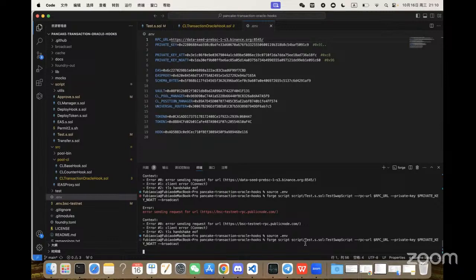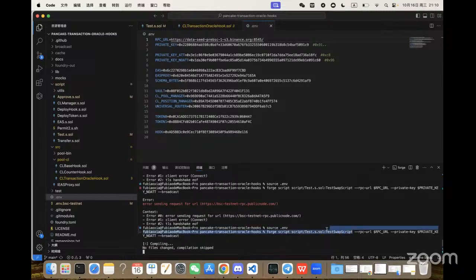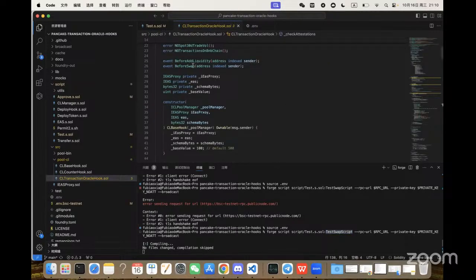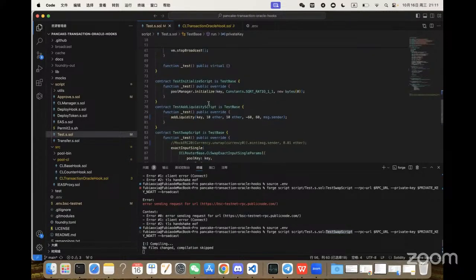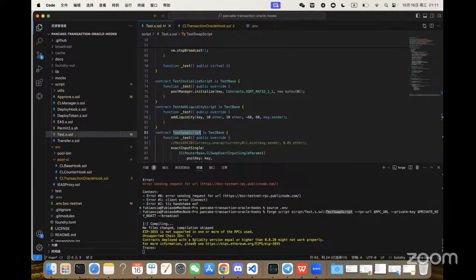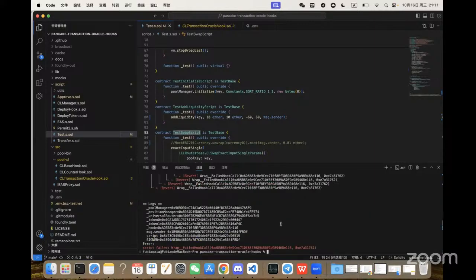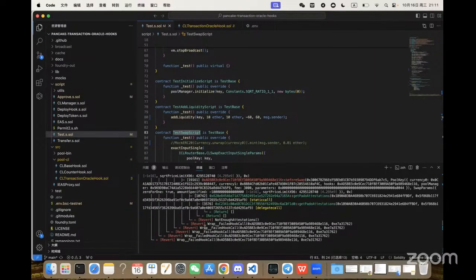Okay, so actually the script here runs a swap operation. I just changed it to another RPC node to see if it works. This is a script where I can do add liquidity and also the swap operation. Okay, it compiles the file and works on the transaction. Okay, the results have been done. You can see there's a fail report, which means I don't have enough attestation for this wallet address.